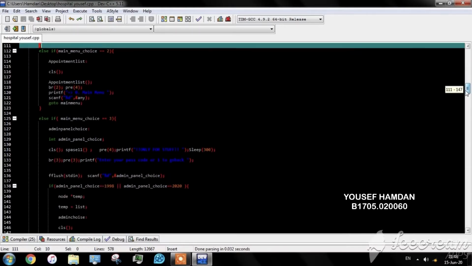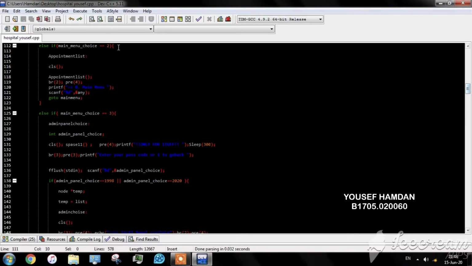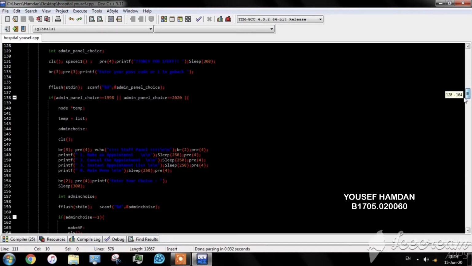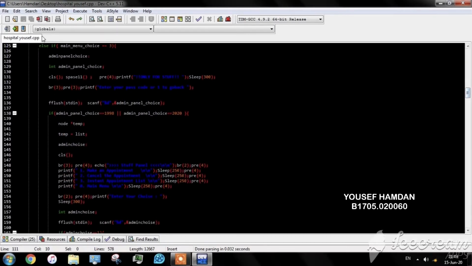And if he chooses 2, it will open the appointment list, and the same for going back from the system. And here the important part for us is the staff panel system. If he chooses 3, a message will appear only for staff,